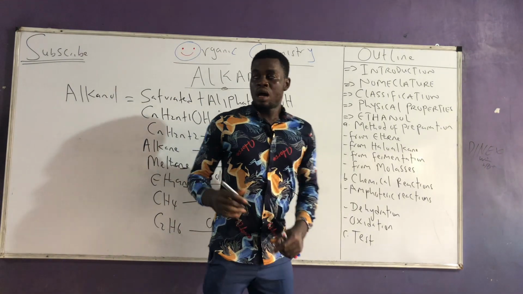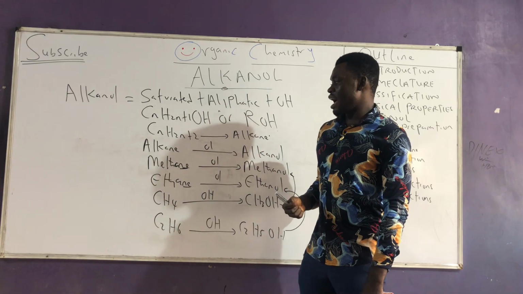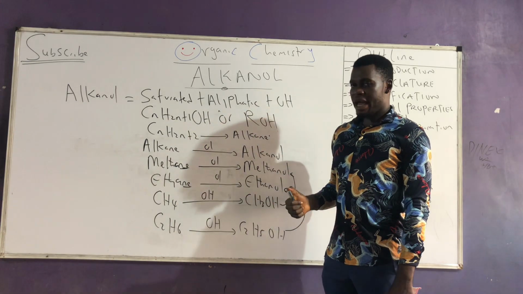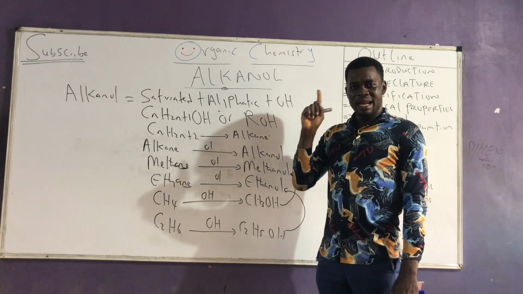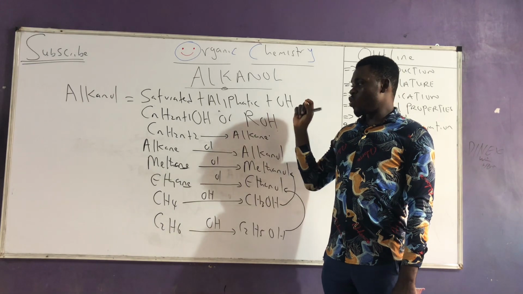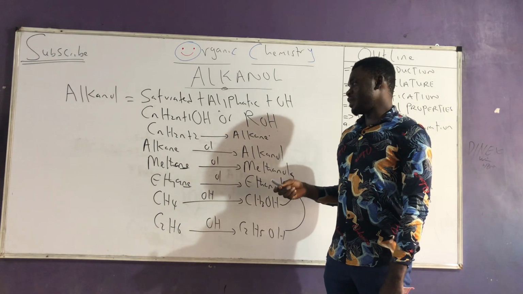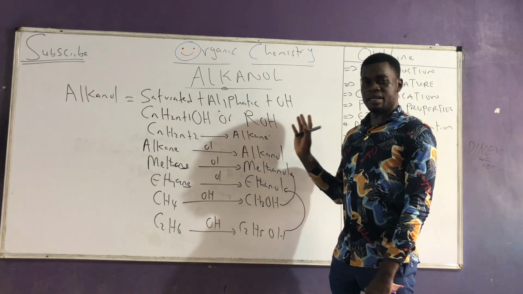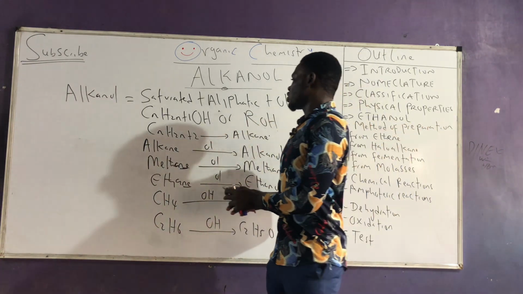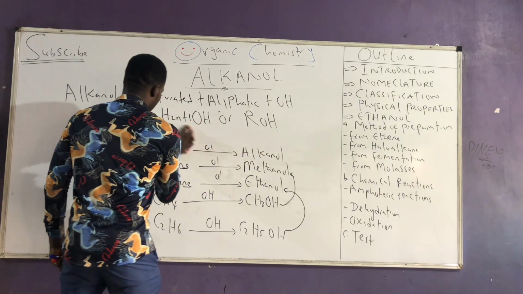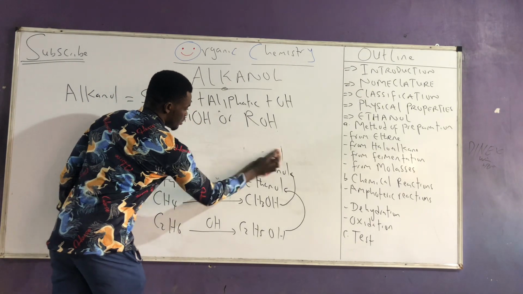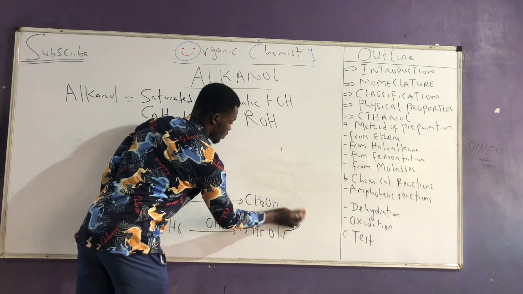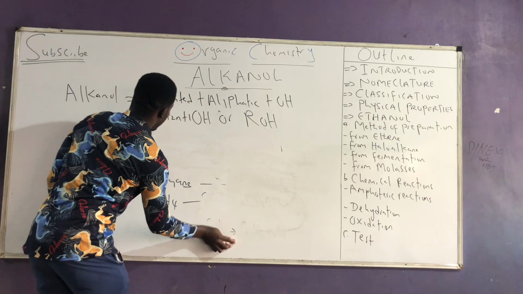So, alkanols are said to be derived from alkanes by replacing one hydrogen in the alkane with OH, or by replacing the "e" at the end of alkanes with "ol". Very simple. Now back to the general formula we gave for alkanols. We said that alkanols have the general formula